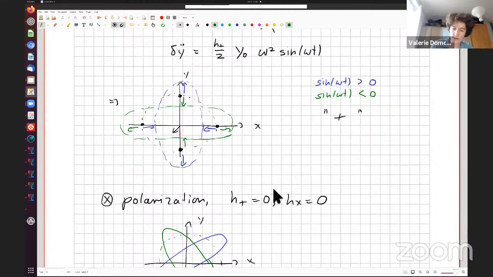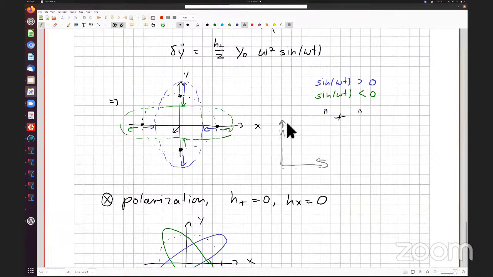If you would build a gravitational wave detector, let's say we want to measure this gravitational wave, we would build an interferometer, ideally aligned precisely in this way. The interferometer measures this distance with respect to this distance. As the gravitational wave comes through, this distance is shortened and this distance is stretched, and that's precisely what the interferometer will measure. Okay, thank you.